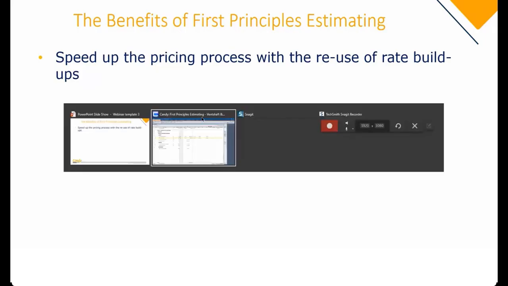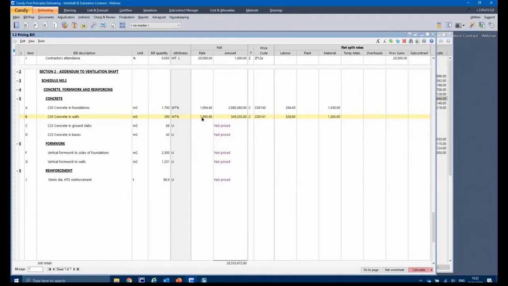Okay, so back to the screen in Candy, and how can this first principles pricing assist us with speeding up the pricing process? So concreting ground slabs, for example, each rate build-up has a price code behind it. So what it means is I can reuse that price code, which means it would reuse the rate build-up. So somewhere else in the bill, I could have used ground slabs or price ground slabs.